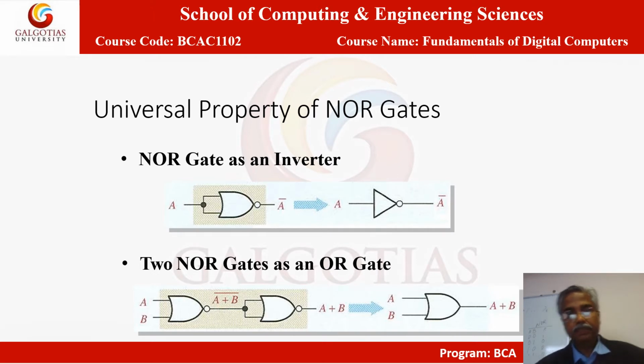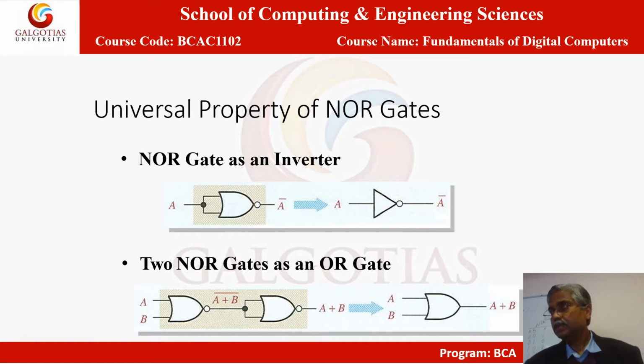Welcome again. So I was discussing in yesterday's class how a NOR gate can be implemented as an inverter circuit. Inverter means something which can invert the bit. The first diagram tells about the inverter circuit. You can see in the first diagram that a circuit using a NOR gate has been constructed and there is only one input and one output.